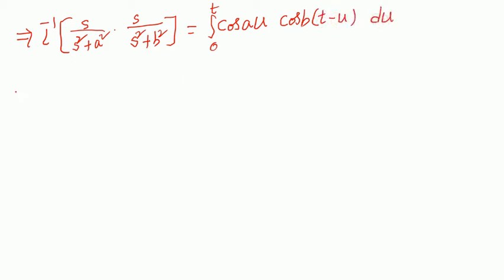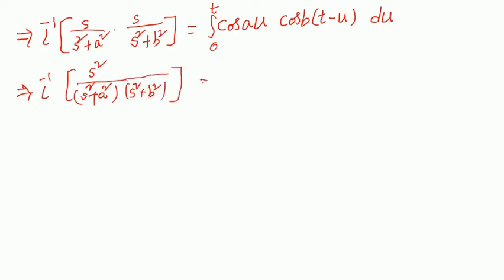So this implies L inverse of s into s is s square. So s square by s square plus a square into s square plus b square equal to integral 0 to t cos au into cos of bt minus bu